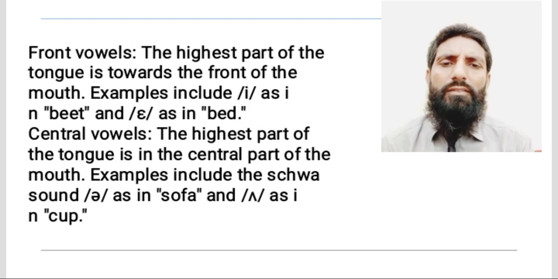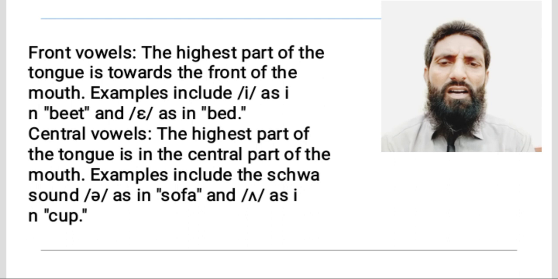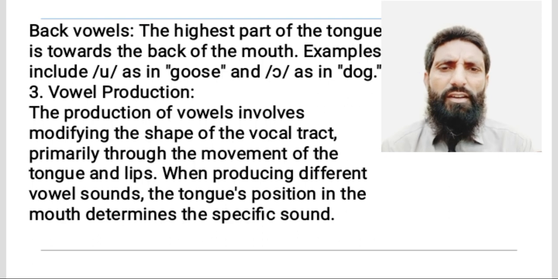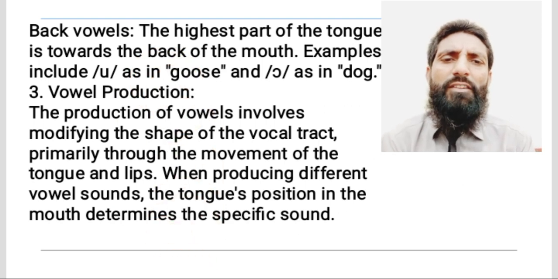Front vowels. The highest part of the tongue is towards the front of the mouth. Examples include the sounds in bait and bat. Central vowels. The highest part of the tongue is in the central part of the mouth. Examples include the schwa sound, as in sofa, and the sound in curl. Basically, schwa is studied in linguistics. So this is the proper way to sound the words. Back vowels. Here, the highest part of the tongue is